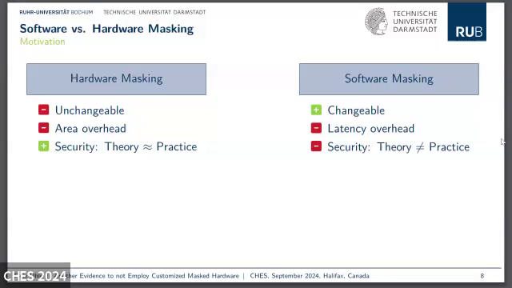But the biggest disadvantage is that the security we can observe in practice is not necessarily equal to the security level we derive in theory. And the problem here is that our software is executed on some processor which has a microarchitecture, and this microarchitecture is not known to us, and there can happen some things like share recombination in the cache or something like that, which recombines our shares and causes leakage, and we have no control over this.